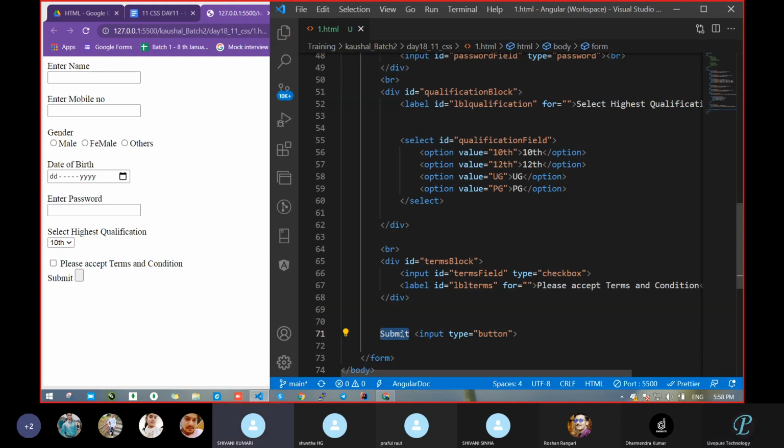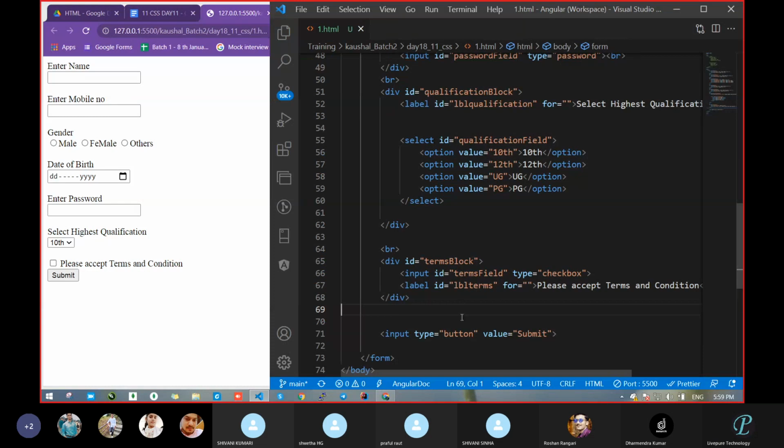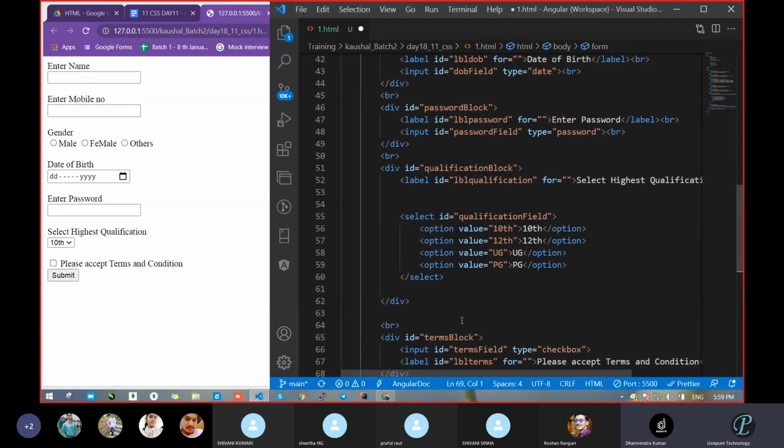Value. Yes. So we will take a value. Value, and pass submit. And save. Now we got the submit. All of these are my form. Now you can book your account here and you can start your TikTok.